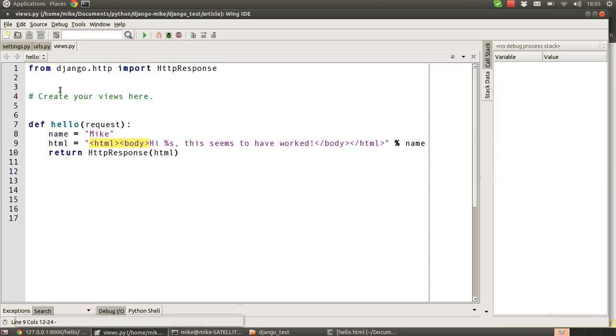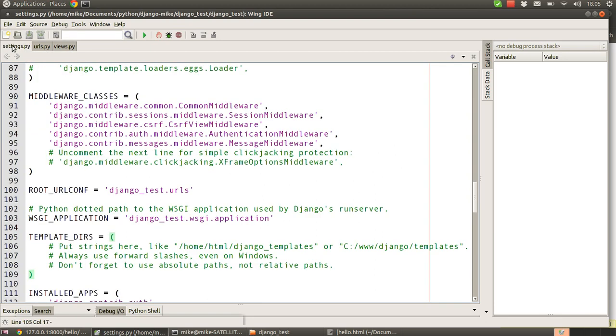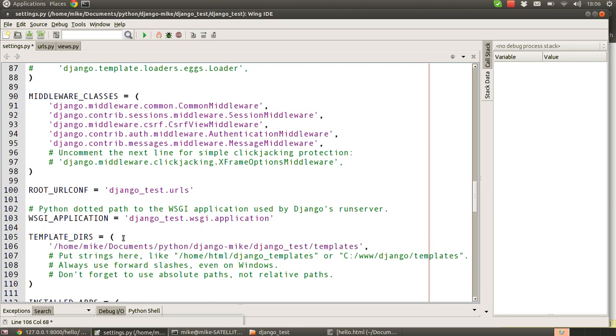The way that we do that is we go into our settings.py, which if you saw in our earlier examples when we set up databases, you'll see that there's a settings.py file. There's a section in there that says TEMPLATE_DIRS, or template directories, and this is where we're going to put an entry to show where that is on our physical file system. And in the case of mine, it's in here,